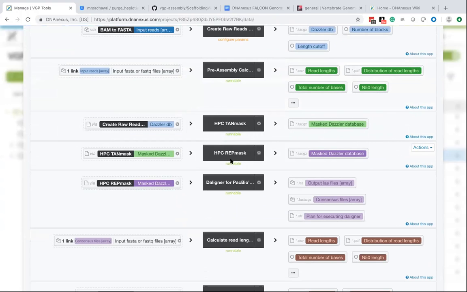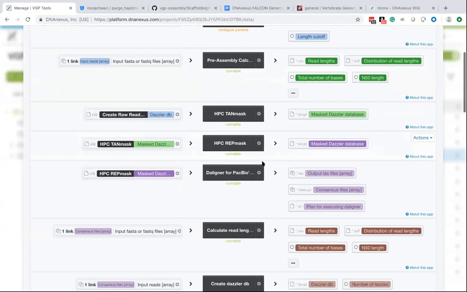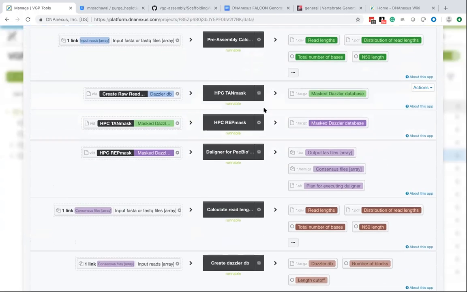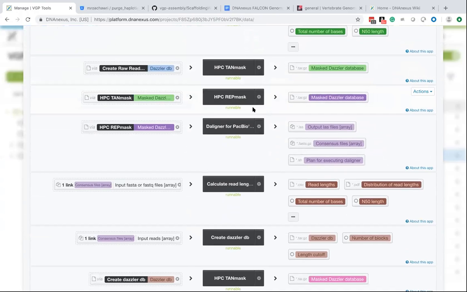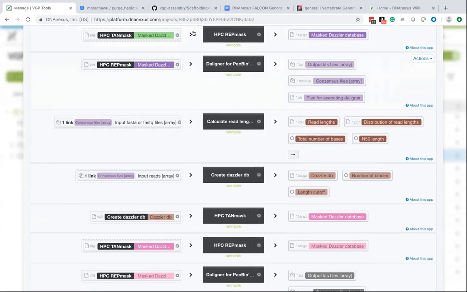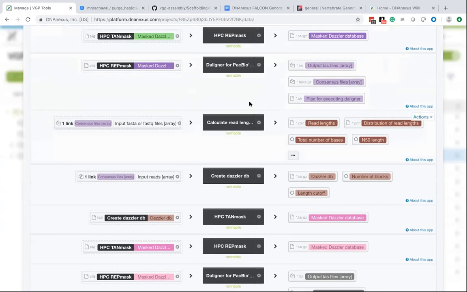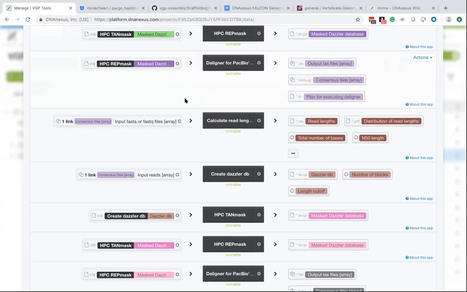The rep mask masks global repeats. That's just looking at the k-mer distribution and the raw reads. So if we have k-mer counts that are at the 500 level, that's probably a repeat. And then we do overlap of the reads, generate these error-corrected reads. So these are reads that have been error-corrected with the short reads, error-correcting the long reads, and